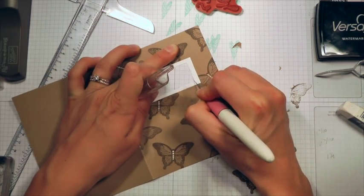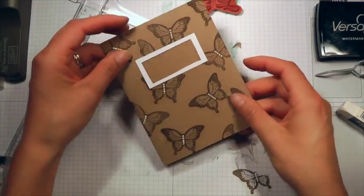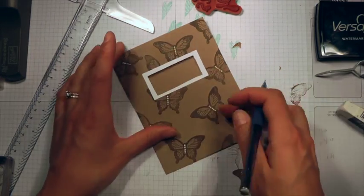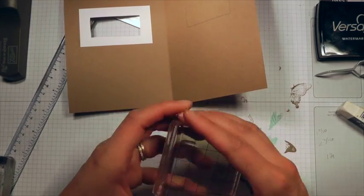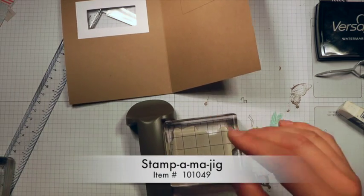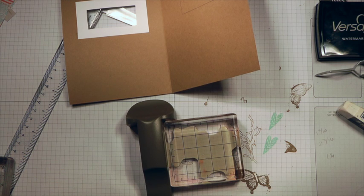Here I am fixing that little crooked part. Almost anything can be fixed, which is nice. So now I'm just tracing that rectangle so I know where to place my sentiment on the inside of the stamp. And so I'll mount my stamp and then get my stamp-a-ma-jig so that I can position it within that